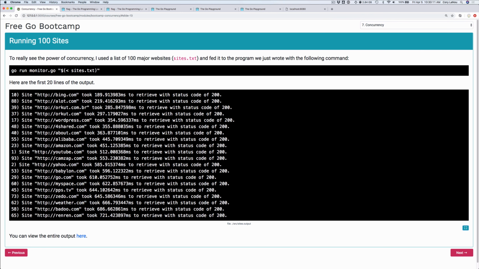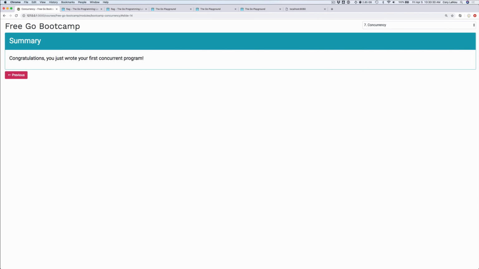So that's kind of the power that you can start to see now very quickly from concurrency. And as you can see, the code we had to change to go from a non-concurrent program to a concurrent program was just a few lines of code. It wasn't a lot of code at all. It was still very easy to understand what was happening, very easy to code and rationalize about. And that's kind of the power of concurrency in Go. That's the really cool part about it. So congratulations, if you did this on your own, you actually just wrote your very first concurrent program.